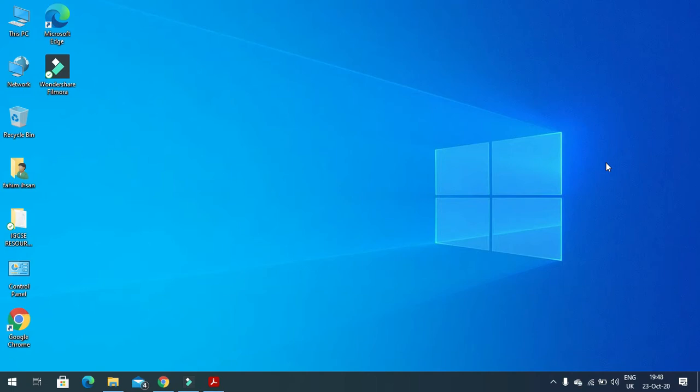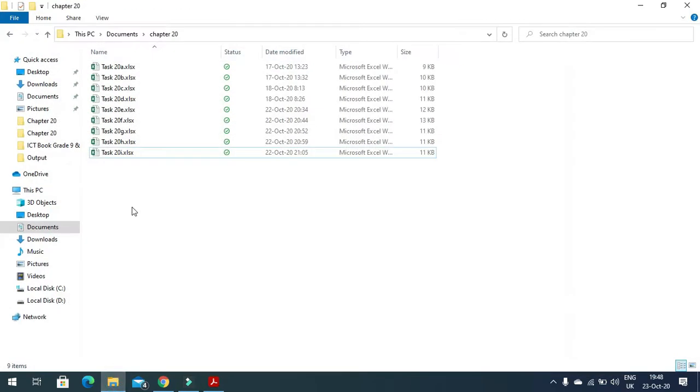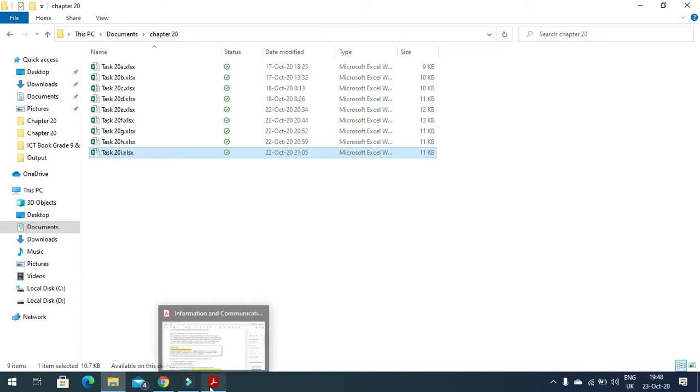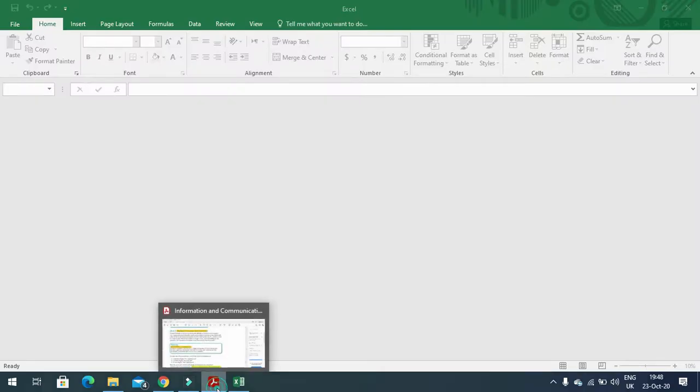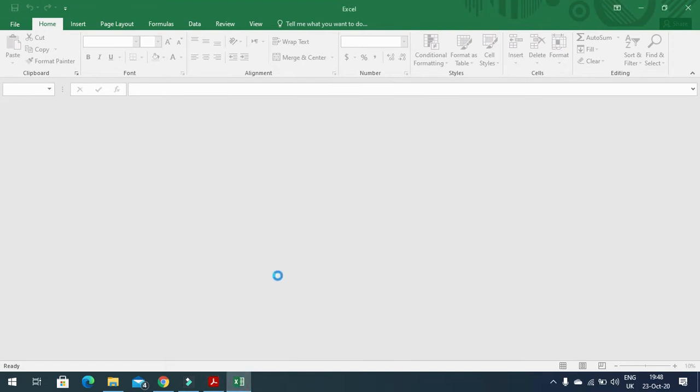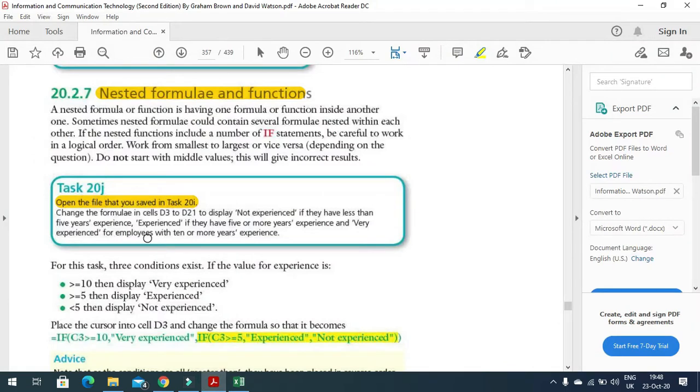Today I am here to explain nested if condition in Excel. So how are we going to use the nested if condition? I have a file that I saved in my previous video, that is task 20i. So I will open this Excel sheet and then I'm going to use a nested if function. The nested if function is going to help us apply more than one if condition in a sheet. So in this case, first of all, I'm going to